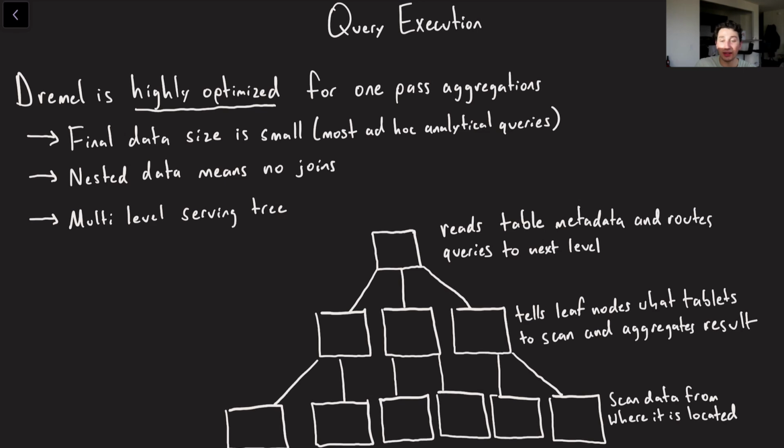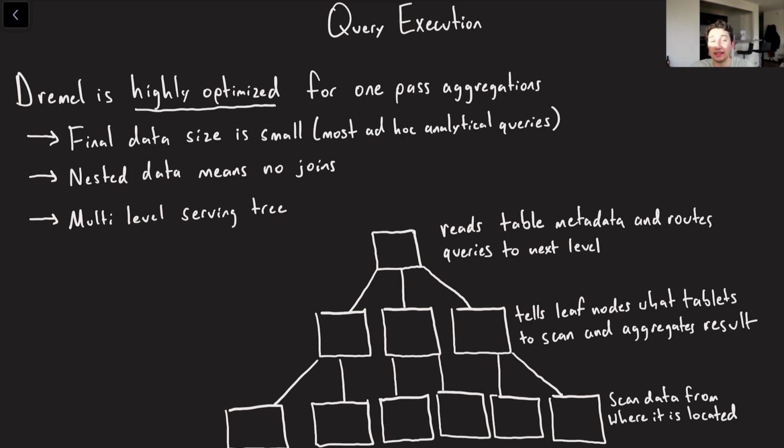Like, I don't care about queries that give me 1,000,000 rows back because I'm a human being. I can't read 1,000,000 rows. Maybe you care about getting 1,000,000 rows back for a MapReduce job, but as an analyst, I need to condense things into pieces of data that I can actually understand. So this is what we're really optimizing for.